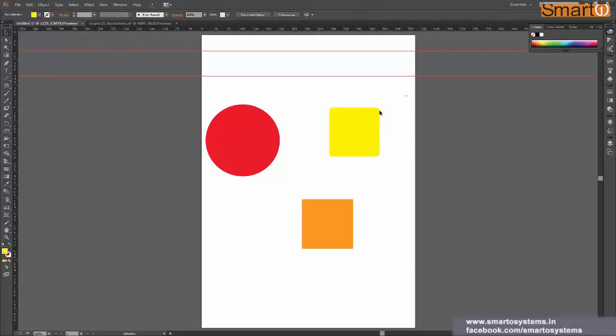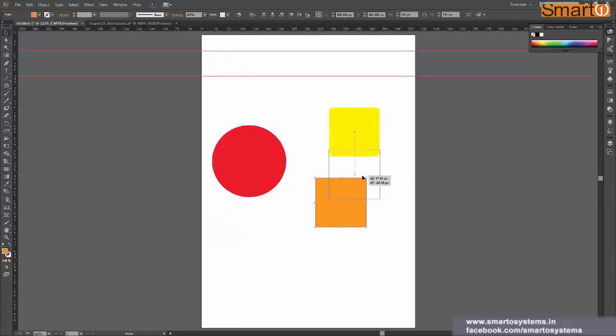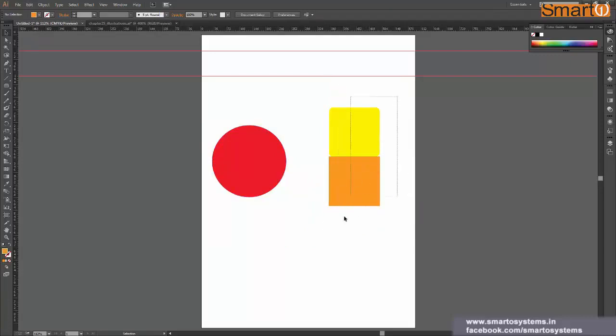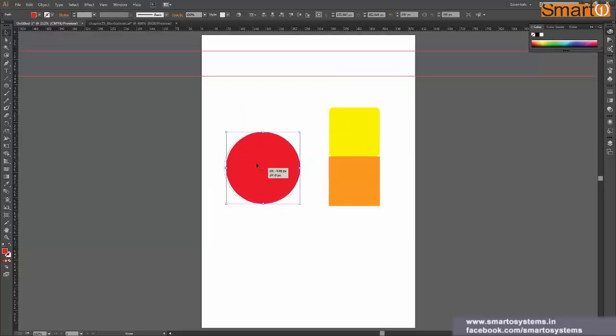Now I have my shape locked and I cannot select it and move it, while I still can move other shapes. Now if I want to lock this one, I can select this one. I just repositioned it. Press Ctrl 2 on your keyboard to lock this shape, and this shape also got locked. Now I can only move the circle around because this shape is still unlocked.